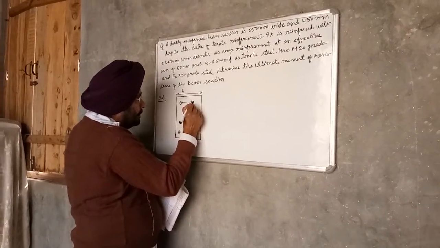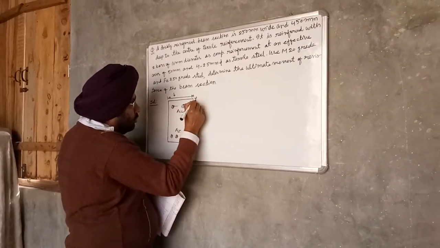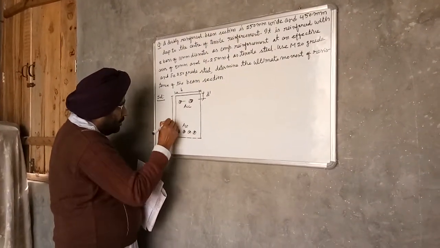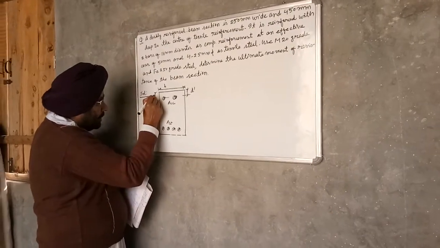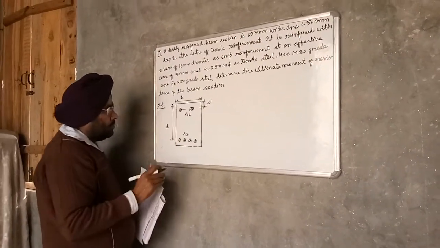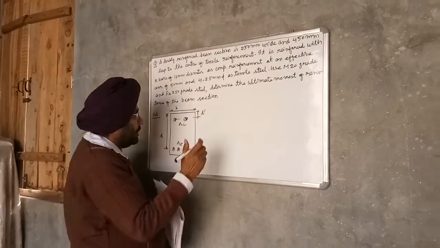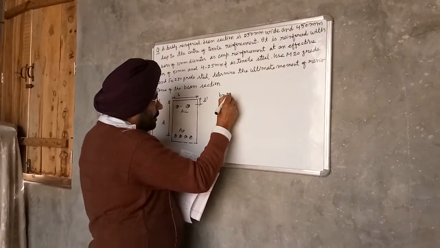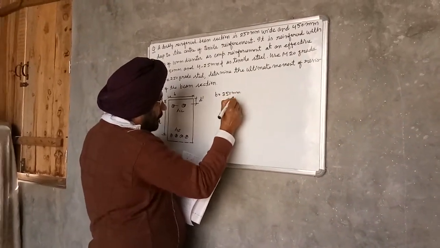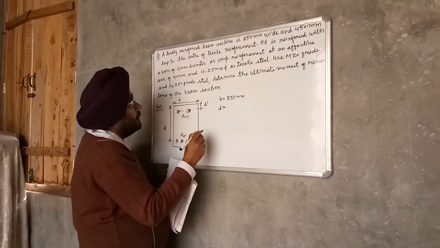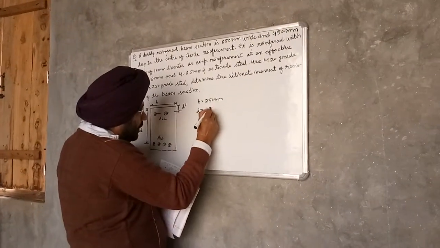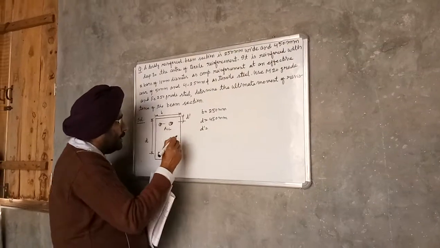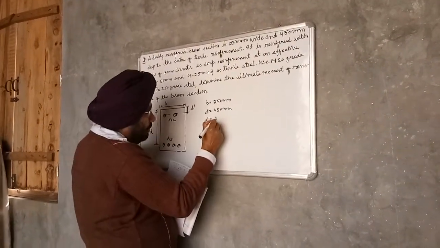And this is the cover to compression reinforcement d dash, and this is effective depth of the beam section d. So now data given to us: width of the beam section B is 250 millimeter, and effective depth d is 450 mm, and effective cover to compression reinforcement d dash is 50 millimeter,